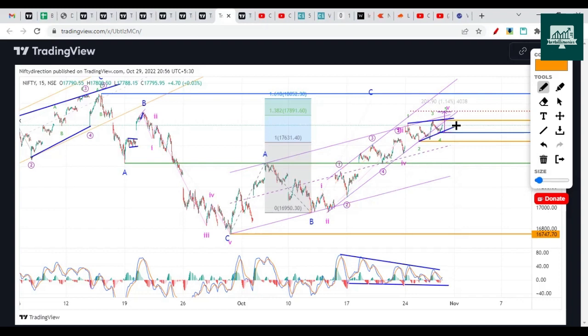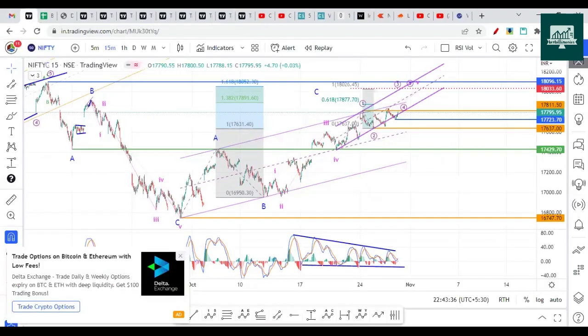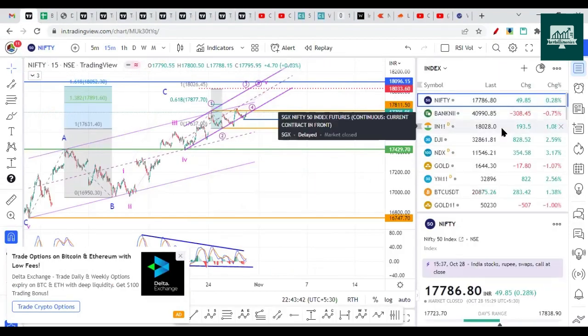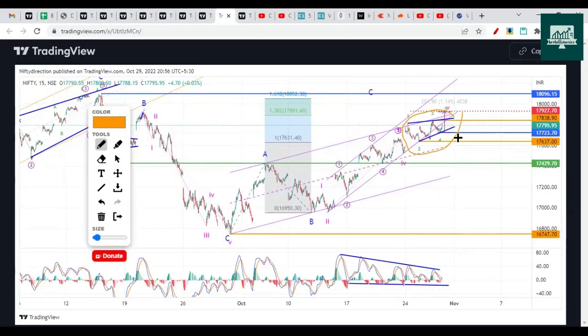Here we also see a price compression, but as per the global cues, SGX Nifty is already trading near 18,000. If we subtract its premium, 17,950, it can at least touch that at the opening itself. So this wave count could get invalidated at the opening itself if Nifty crosses 17,930, which is the length of the 3rd wave, because if it goes beyond that, the 5th wave will be larger than the 3rd wave. Then this count will be invalid, and we have to look for a different count.